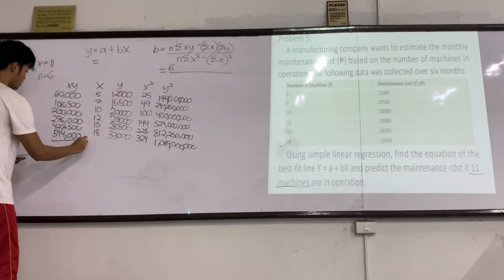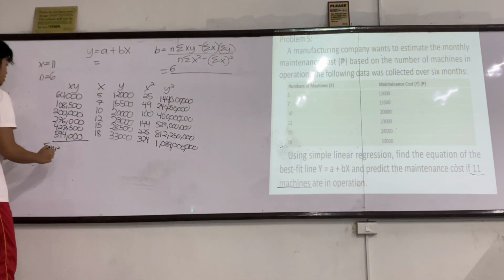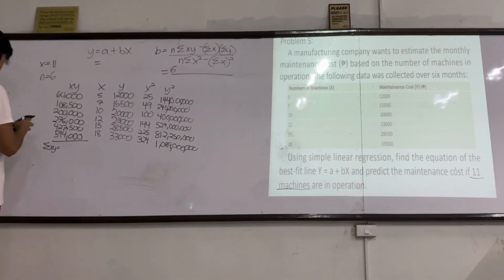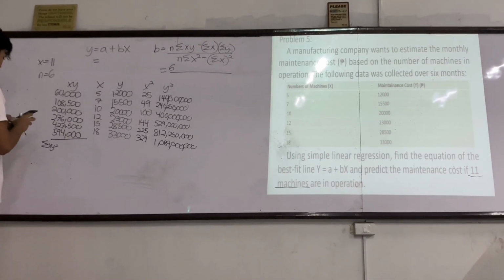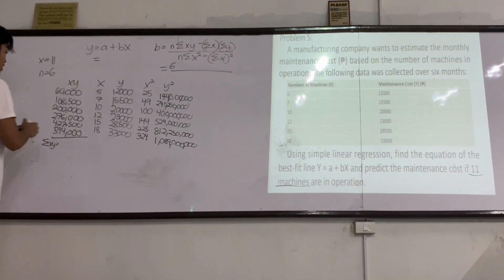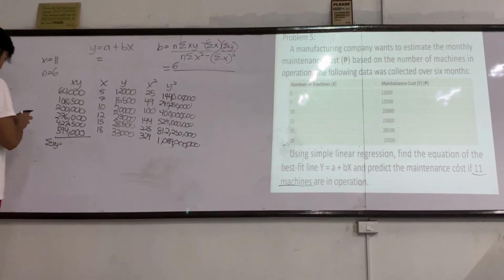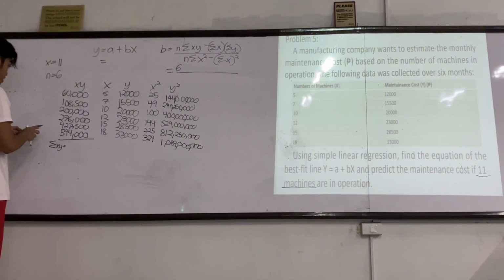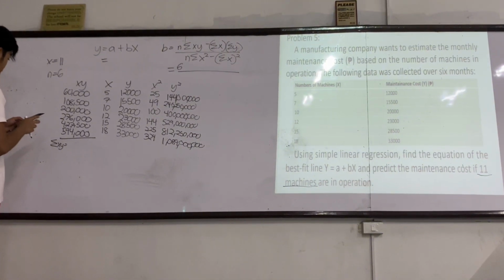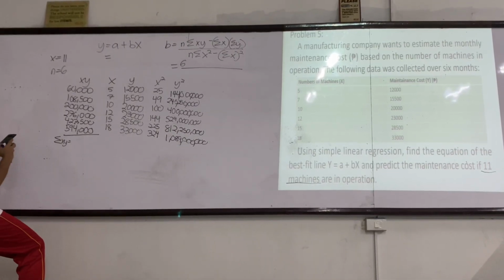First, let's get the summation of x, y. So 60,000 plus 108,500 plus 200,000 plus 276,000 plus 427,500 and lastly 594,000. We will get this. The summation of x, y is equal to